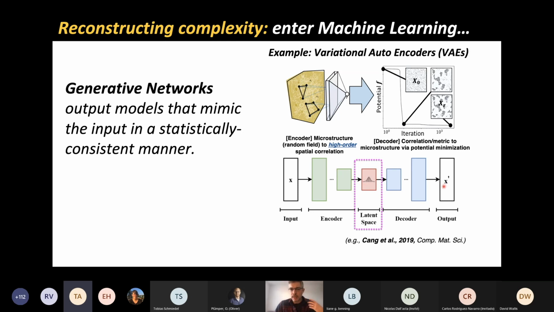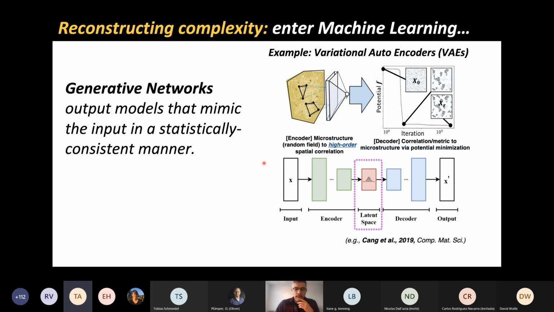When you're training, you give a set of images and say, keep updating all of my numbers so that the latent space works exactly like it's supposed to do. In terms of microstructures, the way we do that is we define some sort of metric that minimizes the potential of creating a structure. So it starts with something very random, and it tends to converge over training to something that has the structure or the patterns of the structure that you intended to reconstruct.